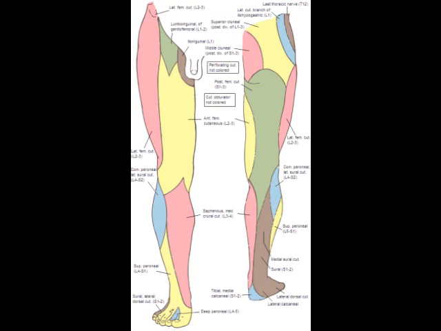Okay, starting with the pink section there is the cluneal nerves there. And then to the right of that is the cutaneous branch of the iliohypogastric nerves. And the blue there is the